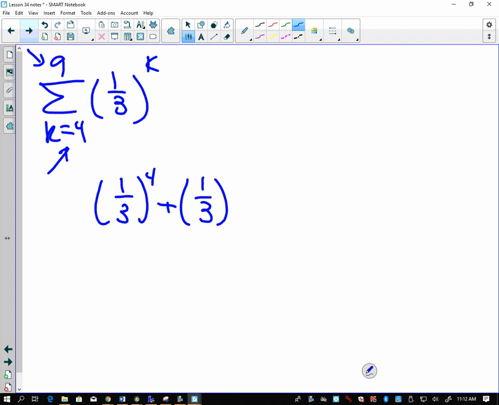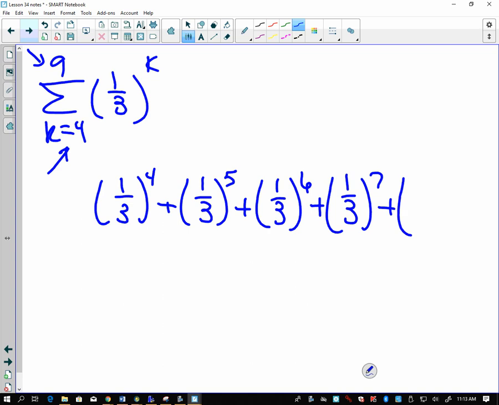It should not take us that long to add 1 to the 4th, 5th, all right? Plus 1/3 to the 6th, plus 1/3 to the 7th, plus 1/3 to the 8th, plus 1/3 to the 9th. Okay, so you can do that. I can't actually show you on the board how to do this in your calculator because I have an old emulator. But we can go ahead and do this in a sense because 1/3 to the 4th is 1/81,